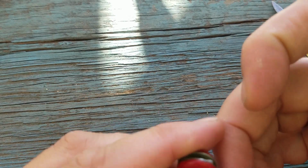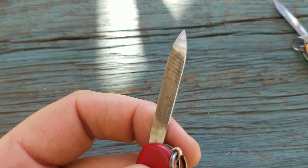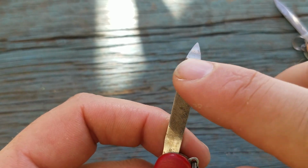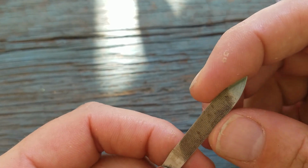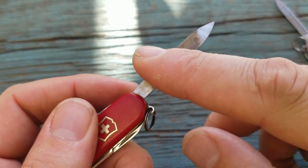The other noticeable difference you'll see on this is the nail file. You can see this one's been used quite a bit, but the shape of the knurl on this nail file is different, and you can see it goes all the way to the tip. If you look at a newer one,